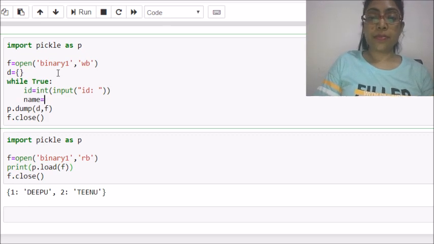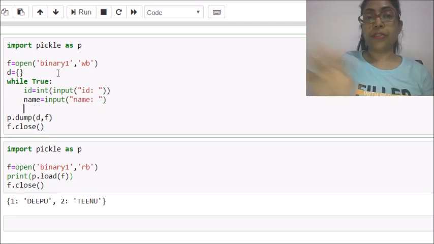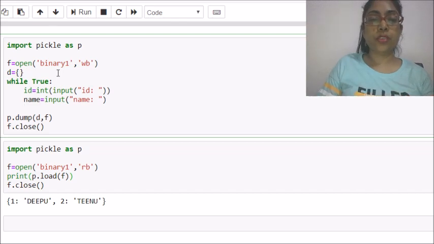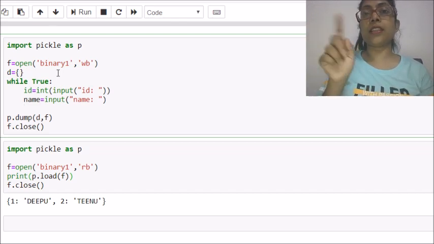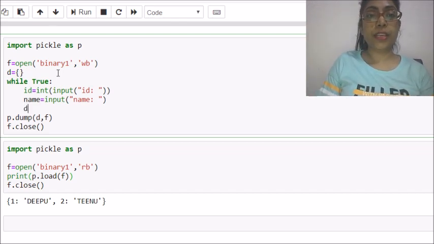For name I will input directly as a string, like this. After reading from the user, put this data in the dictionary. The name of my dictionary is D, and how can we write in the dictionary? The ID will become my key and name will become the value.